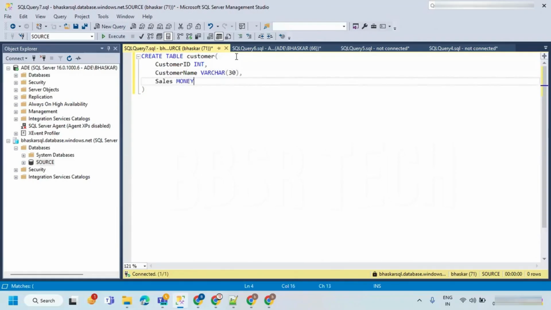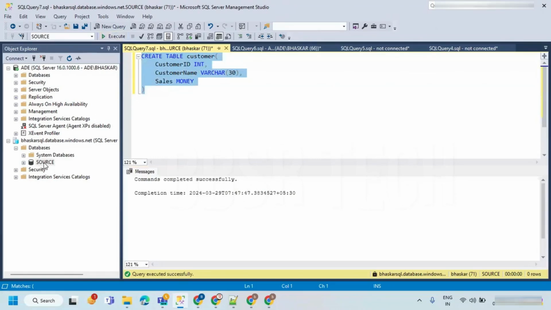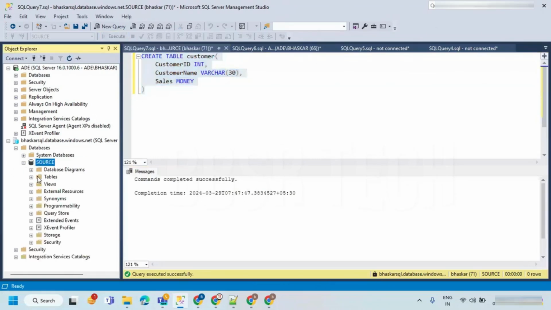I'm just taking 3 columns here. Let's execute it. Our table is created. If you expand this, you can find the tables. In the tables folder, you can find what tables are available. So it's a brand new database that we just created, which is not having any table except this customer, because just now we created the customer table.